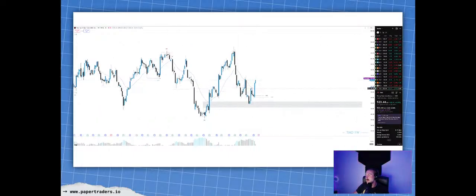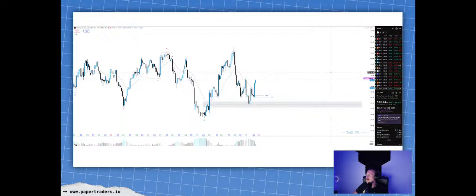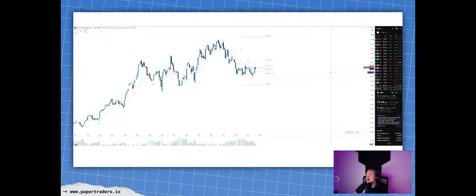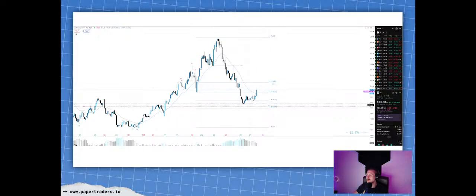TMO, we have a higher low forming out here. We just need to form that higher high within this range, and then a lower high, and a good continuation above that 200 EMA on the monthly and quarterly charts as well, after we tapped into this monthly fair value gap and held that. Uber's seeing a little bit of consolidation within this OTE, so above that CISD would be good for a continuation. SE as well. SE holding this OTE over here.